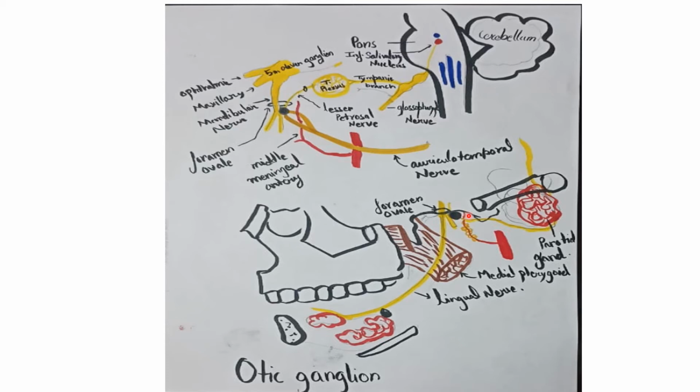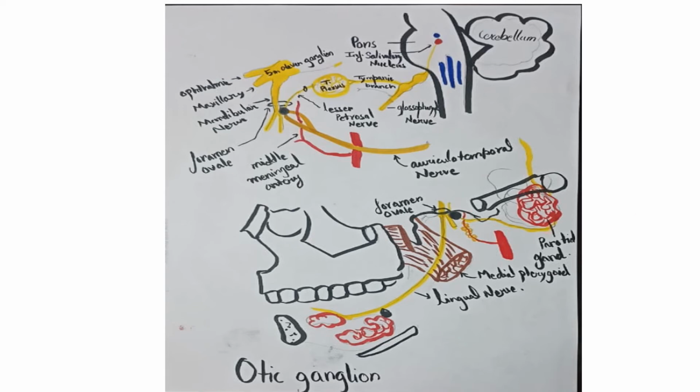And the otic ganglion is connected to the chorda tympani nerve also and the nerve to pterygoid canal. This actually provides an alternate route of taste pathway to the anterior two-thirds of the tongue, but that is not so important. Only the major three are important. One is parasympathetic secretomotor fibers to the parotid, one is the vasomotor fibers to the parotid, and one is the medial pterygoid fibers which are passing through that otic ganglion without relay.